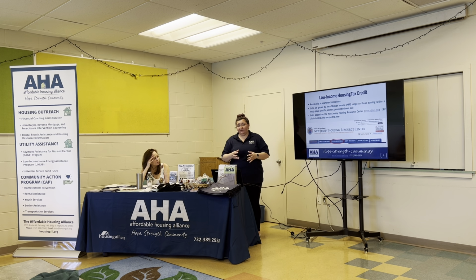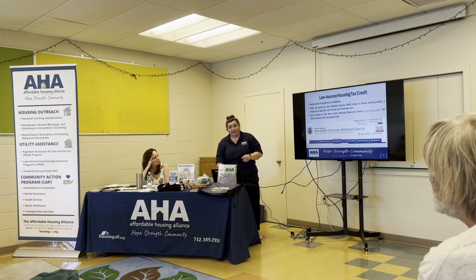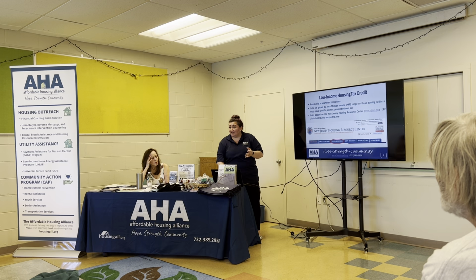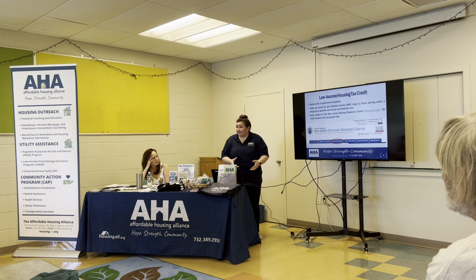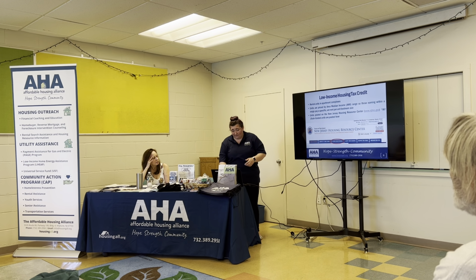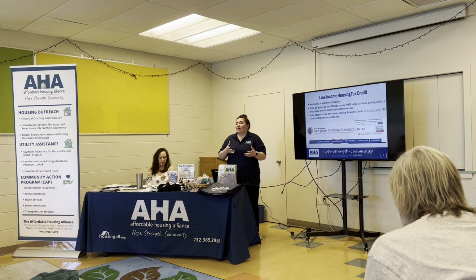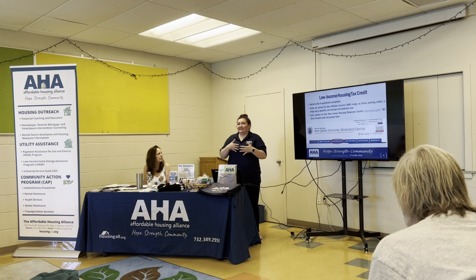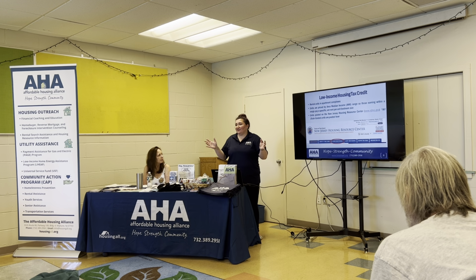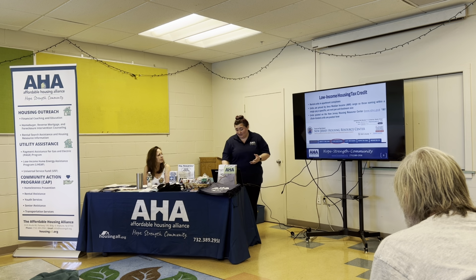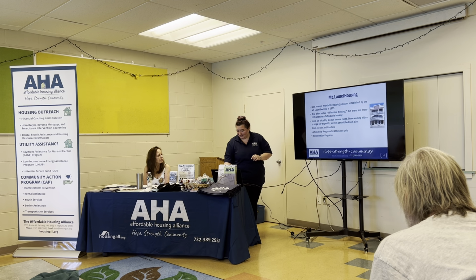So that's a little bit different than the ones that are based on your income. Your income is used, but it's not exactly based on your income. For rental units, they're mostly in apartment complexes, but you may find some in two-family houses. That's possible. Garden apartments. There's a wide variety, and they're trying to mix it up as much as possible so that you can't tell where affordable housing is, that everybody's just mixed together, everybody's kids are going to school together, and it's all one community. So sometimes you can't tell, and that's a good thing.